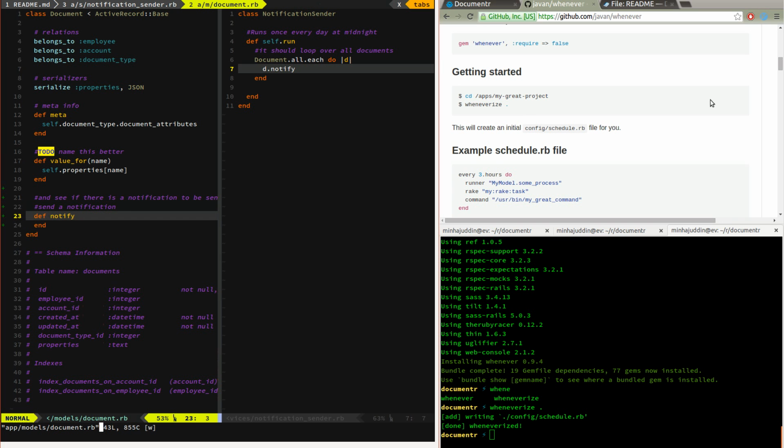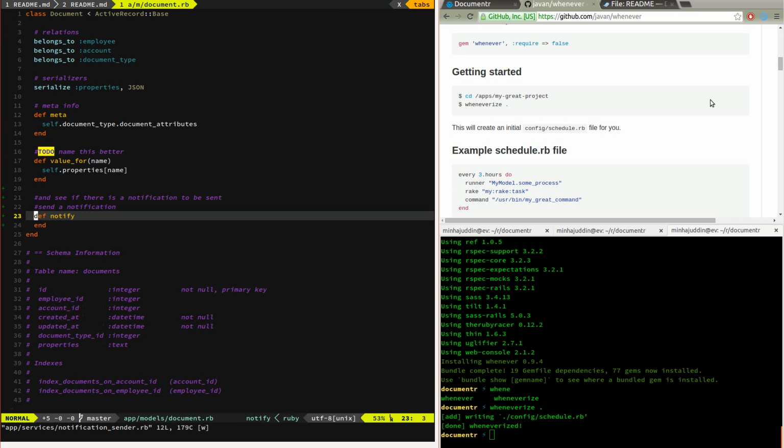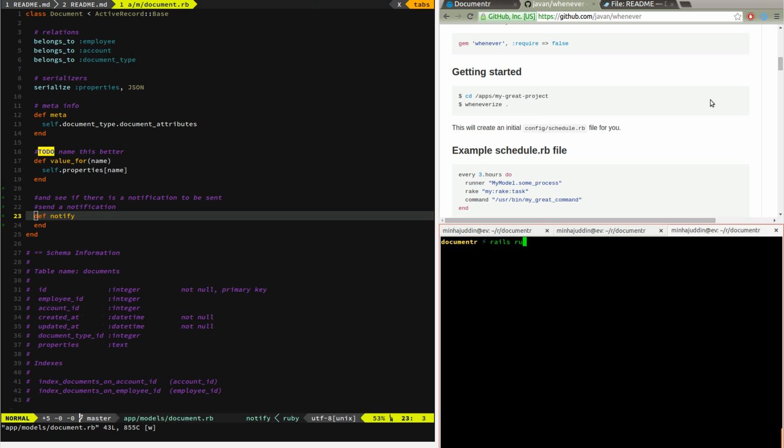So yeah, this is going to be a method which is going to send an email if the time is right for sending the notification, right? So that's all this guy is gonna do. This guy is gonna go through all the documents and try to send a notification, right? So simple enough. Now to test it, we can run Rails runner